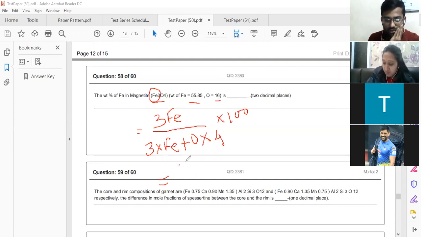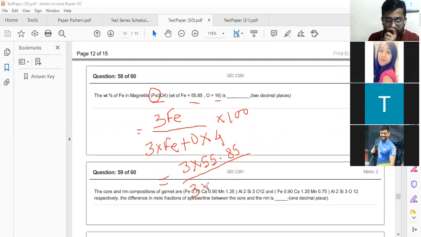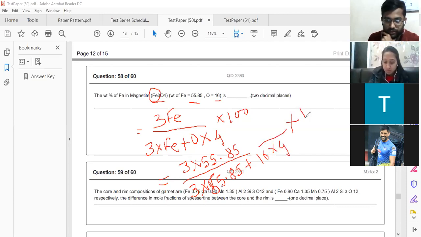So substitute here 3 multiplied by 55.85 divided by the same 3 multiplied by 55.85 plus 16 multiplied by 4, multiplied by 100. If you calculate this,